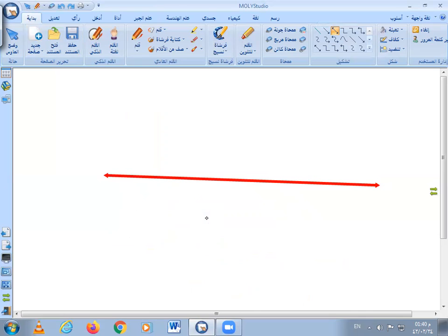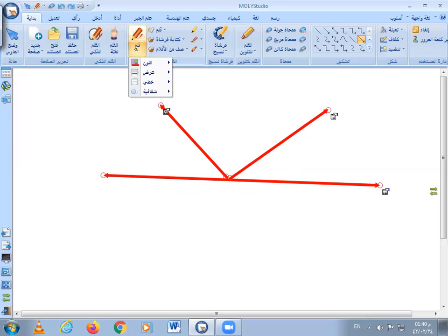If we have a straight line like this, and we have two rays intersect at the straight line, the sum of measures of angles on a straight line equal 180 degrees. Because these angles form a straight angle like this, and the measure of the straight angle equal 180 degrees. If, for example, measure of this angle 90 degrees and measure of this angle 40 degrees,